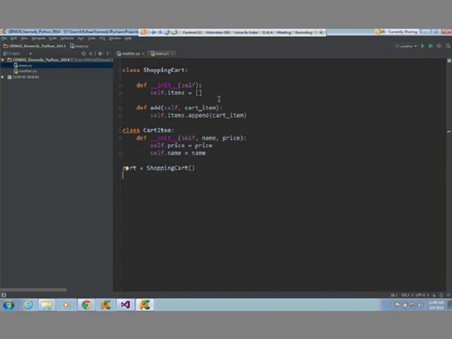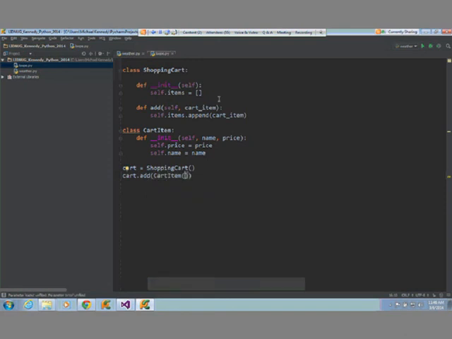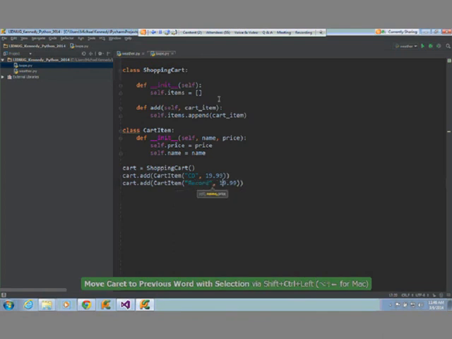Like if I'm switching this quickly between .NET and Python, it starts to freak me out, and I start to do things like put semicolons. So I'll say cart.add. That's the method we wrote. And I'll create a new cart item, call its constructor, and it takes a name. So let's call this a CD, and this is going to be 19.99. Do people still buy these things? I'm not sure. Record $17.99.